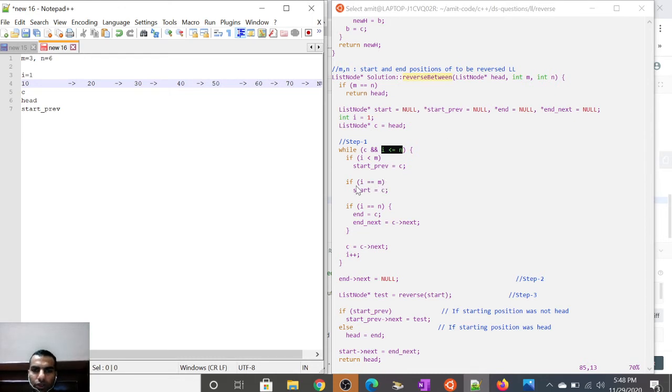Okay, so now if I is equal to m, no, this is not the case. M is 3, I is 1, it will go out. If I is equal to n, so no, this is also not the case. C is equal to c next, so in the second iteration, c will come here, and I will become